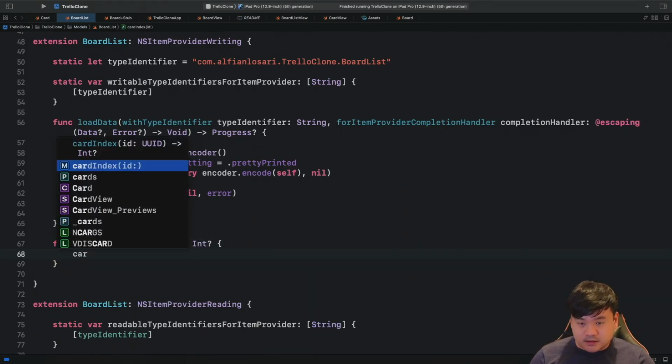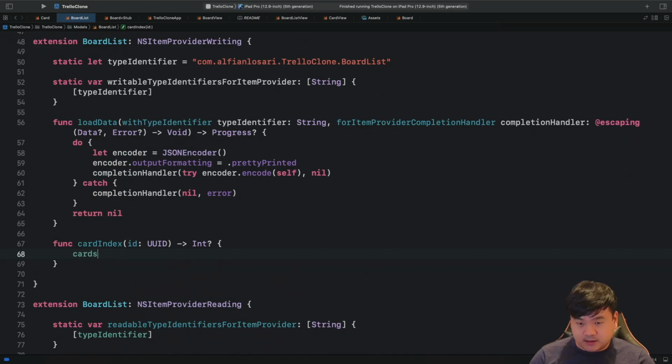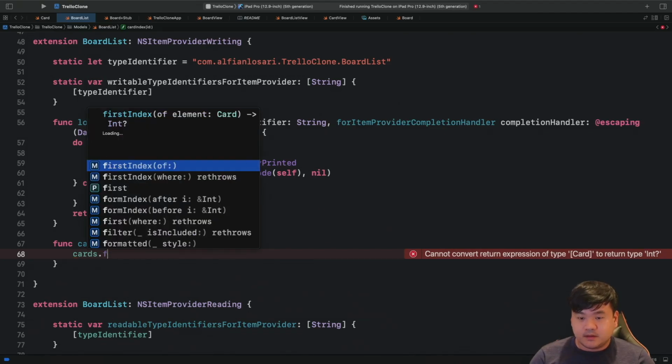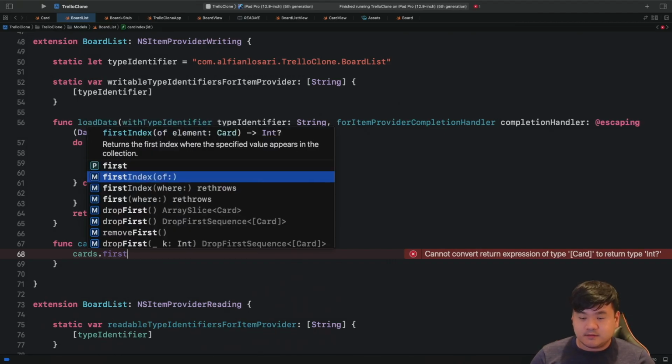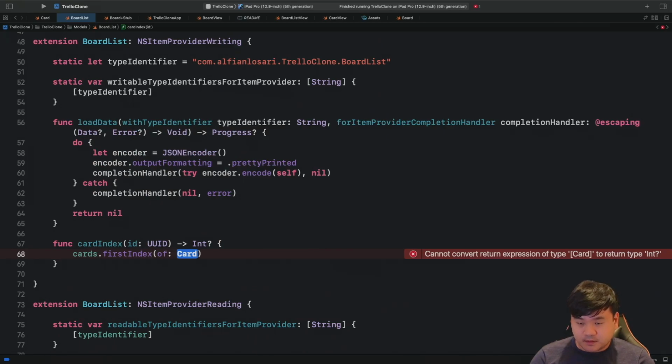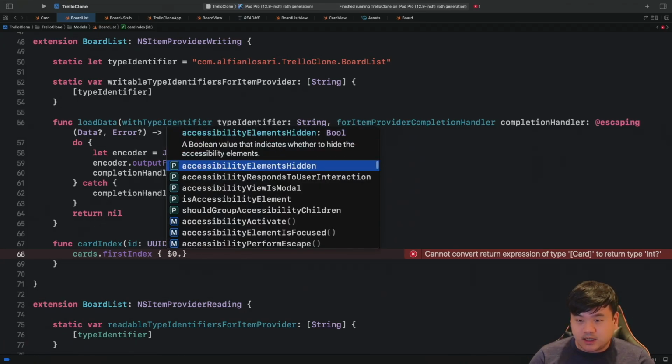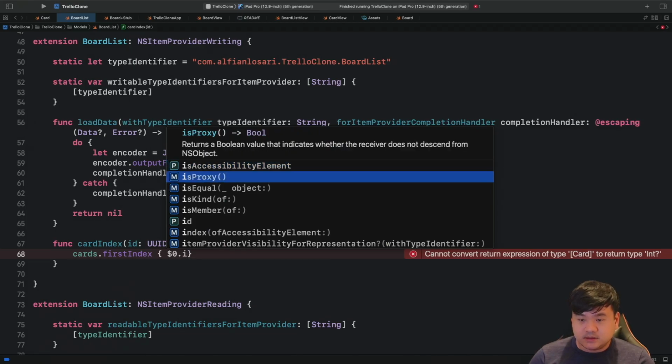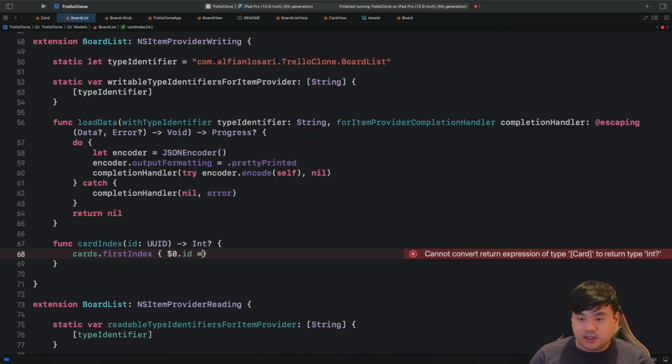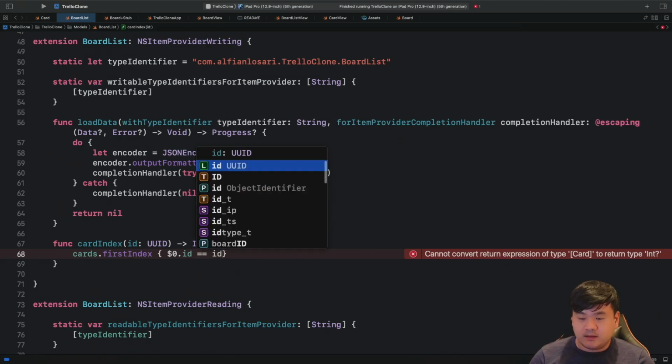So basically, this will help us to find the related card given a UUID inside the card's property. You can just invoke cards.firstIndex(of:). In this case, let's pass this where closure, where the card.id